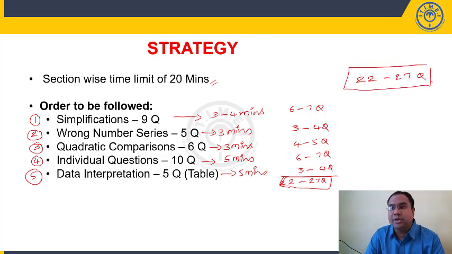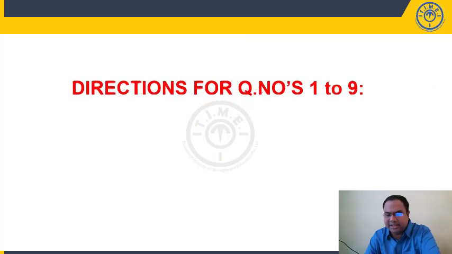I'm saying these are all easy questions out of the 35 questions given in the paper. Anything less than 22, you need to revise your subject. You have to seriously work out where you are going wrong, maybe the problem is speed or accuracy, or maybe understanding the concepts; you need to analyze yourself. So 22 is the cutoff. Everybody should get at least 22 in this paper. Anything less than 22 is a serious concern. Right, students, let us start discussing questions.